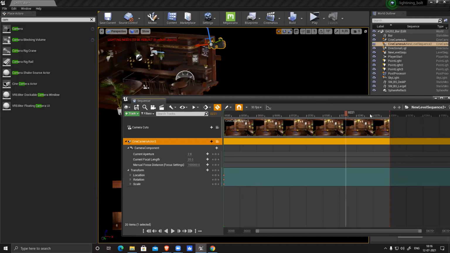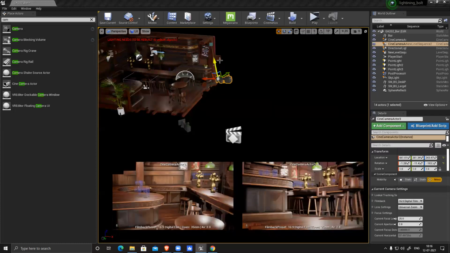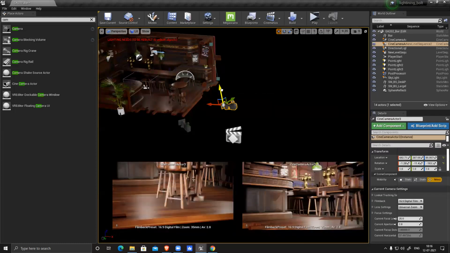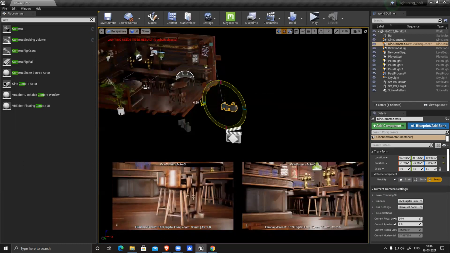Now, the last one. I can switch on my auto key, it is already on. I just move it down, and the angle I want to change slightly.